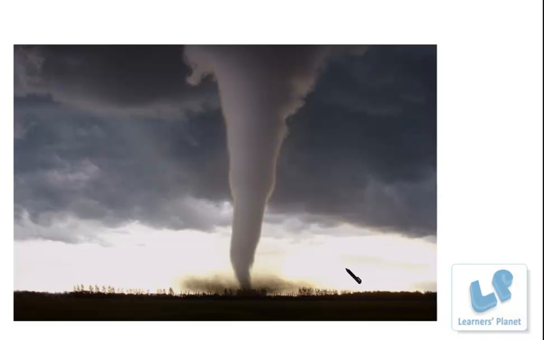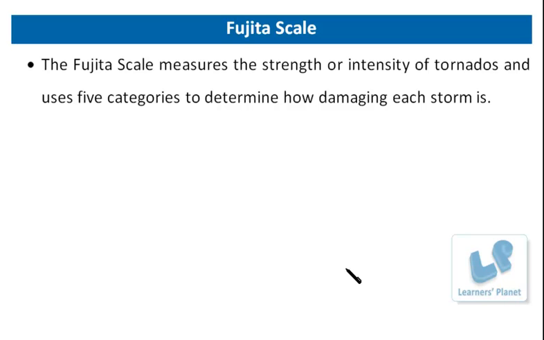Now let us see what the instrument is which is used to measure this tornado, so that due to its measurement we can come to know about the occurrence of tornado. Yes, my friends, there is something called the Fujita Scale. Now this Fujita Scale measures the strength or intensity of tornadoes, and it uses 5 categories to determine how damaging each storm is. So there are many categories